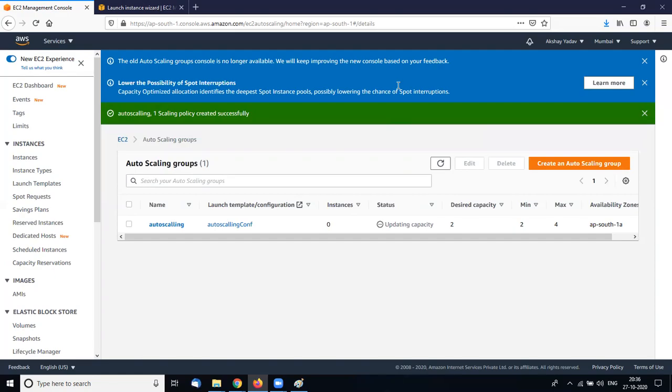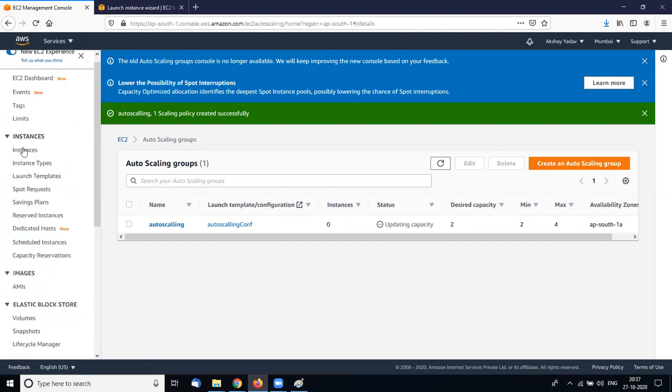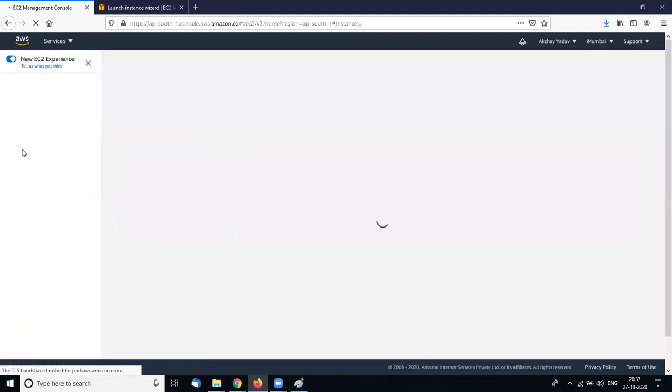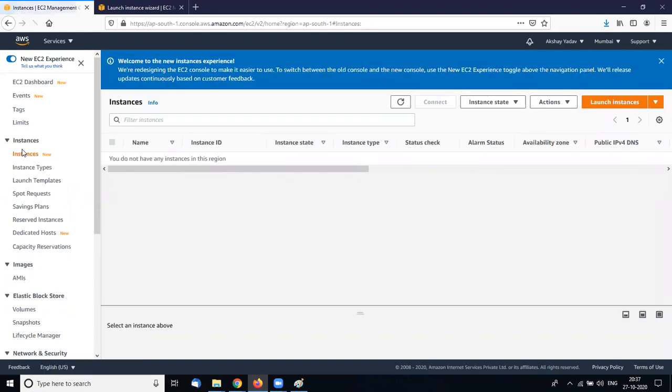Hello. So I configured my auto scaling group and launch configuration. Both steps are completed. So I go to my EC2 section, Instances, and here I launched my EC2 in the auto scaling group.